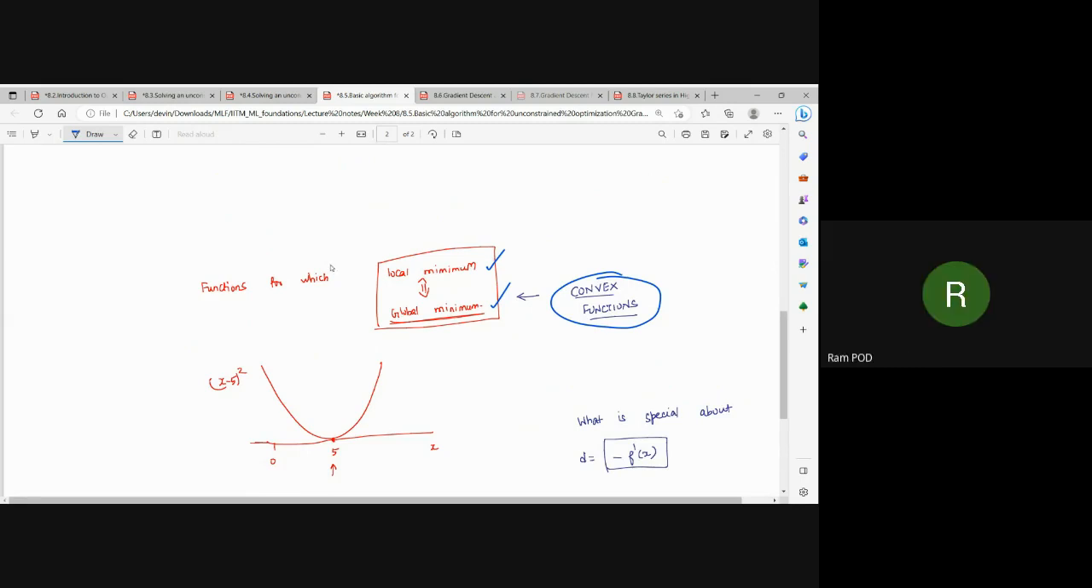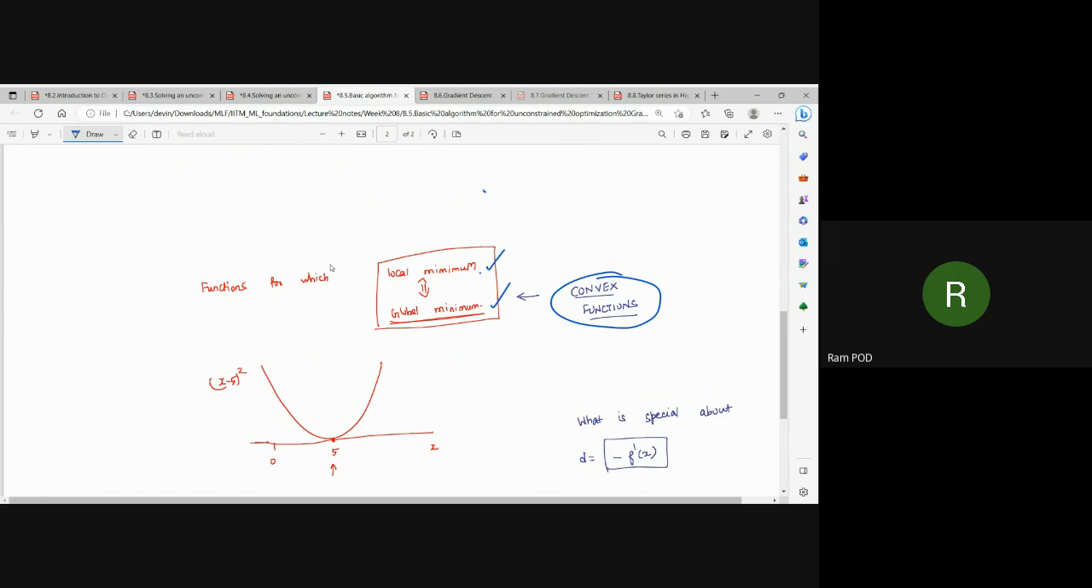Okay, so for the convex functions, we have the local minima as the same as the global minima. If your local minima is the same as the global minima, then those kinds of functions are called convex functions. For convex functions, your gradient descent algorithm works well. It doesn't matter at which point you start, you'll always end up at a local minima, and since the local minima is also a global minima,